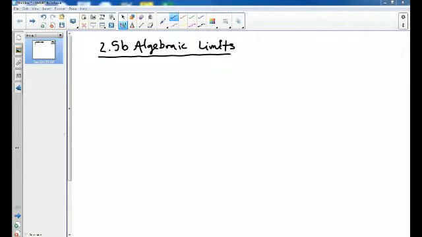Part 2. Basically what we're going to go over is just a couple of different indeterminate forms and another algebra technique, just to make sure you got it. So, let's check out